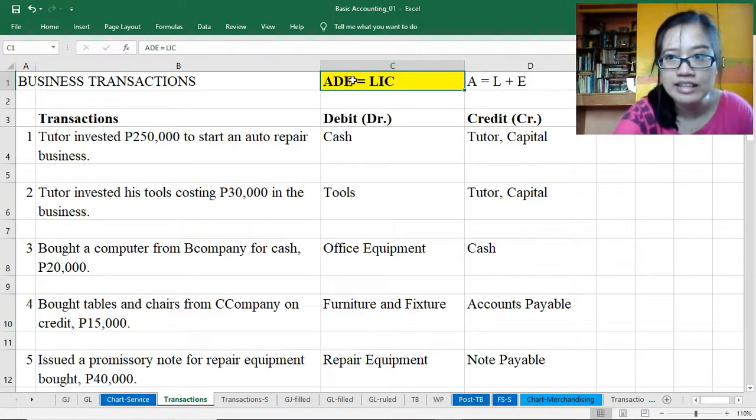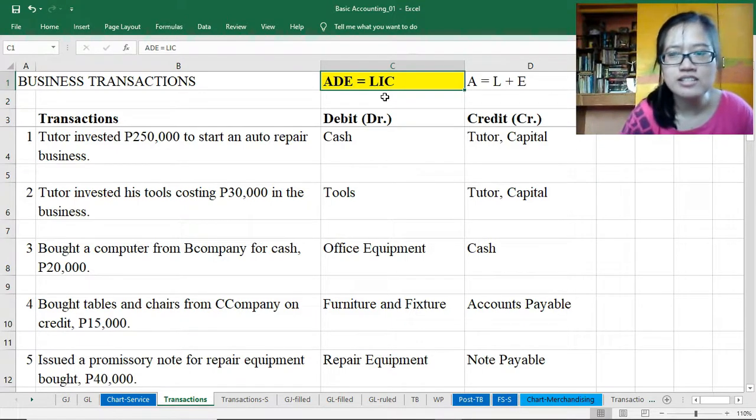So we have ADILEC, assets, drawing, and expenses, debit side sila. So any increases, pag nagkaroon ng asset yung company, or nag-drawing or nag-withdrawal si owner, and then kapag nagkaroon ng kagastusan or expenses yung business, ang recording nila ay dito sa left side, so we have debit. Okay? And then dito sa right side, we have liabilities, mga pagkakautang, income kapag kumita yung business,